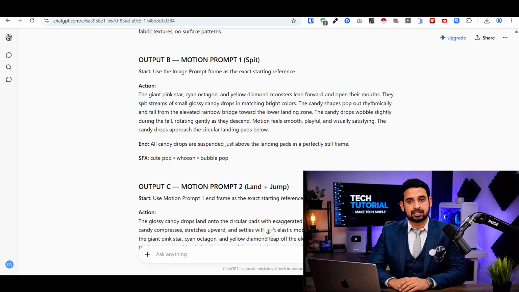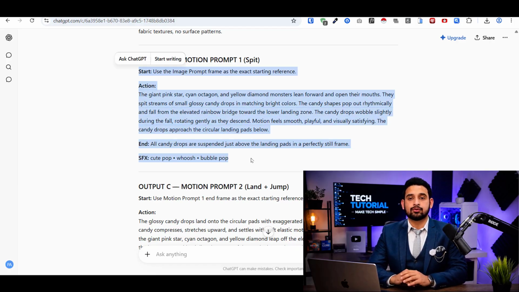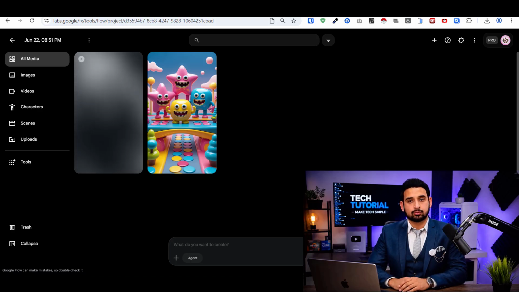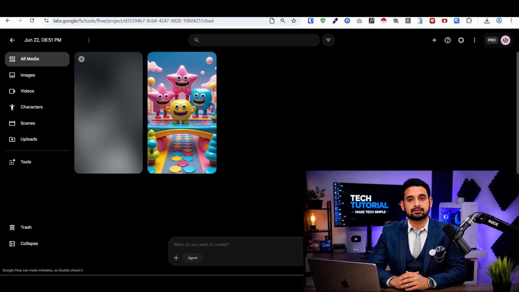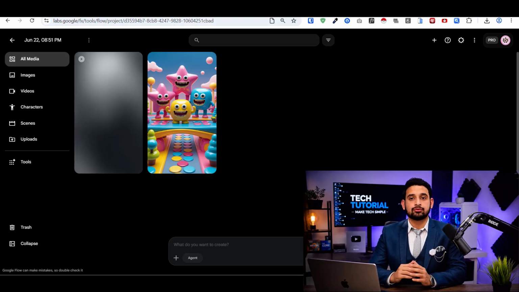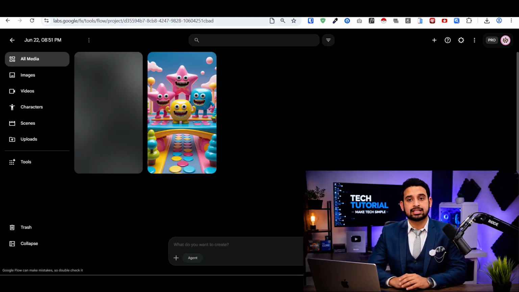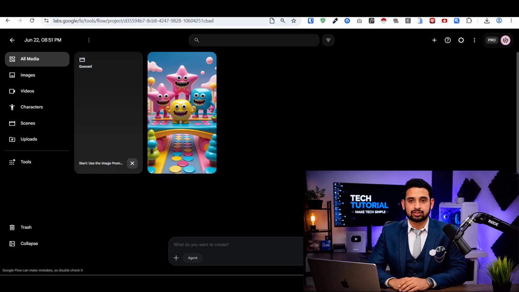Ignore the starting frame prompt. Instead, copy the first motion prompt. Go back to Google Flow and paste the motion prompt into the prompt box. Then select video generation, choose video plus frames, set aspect ratio to 9 to 16, select VO 3.1, light or Omni flash. Now click generate.